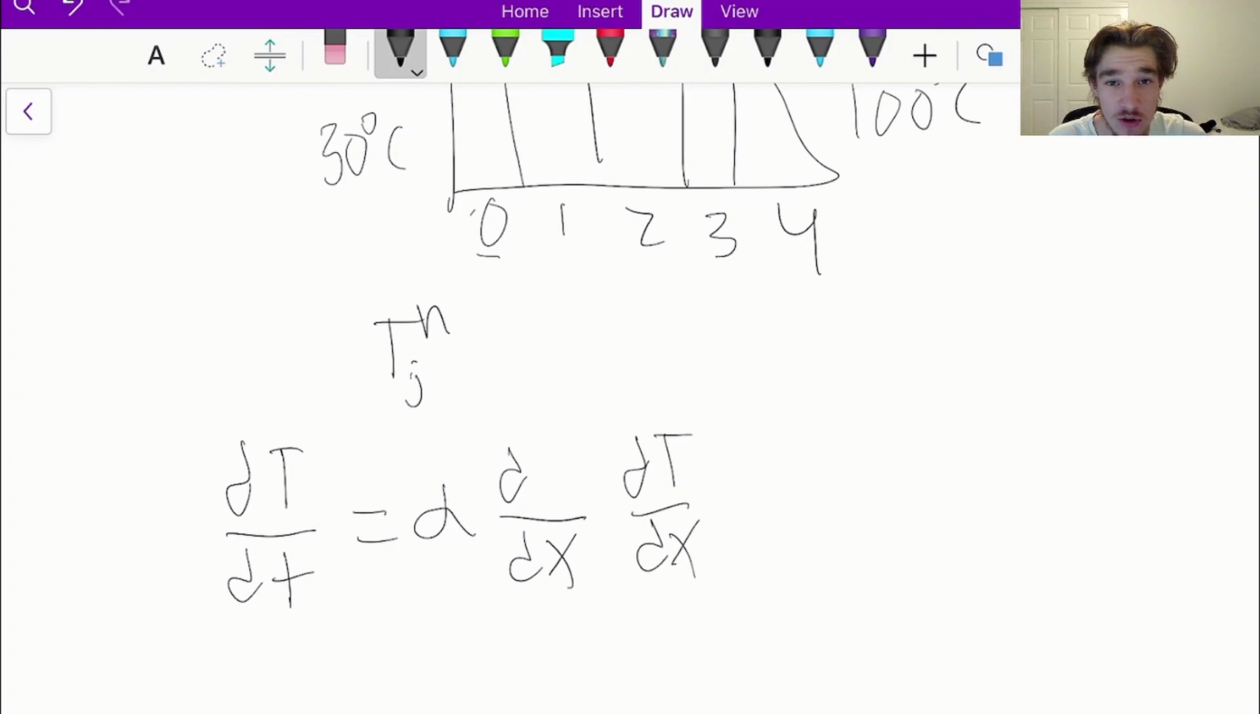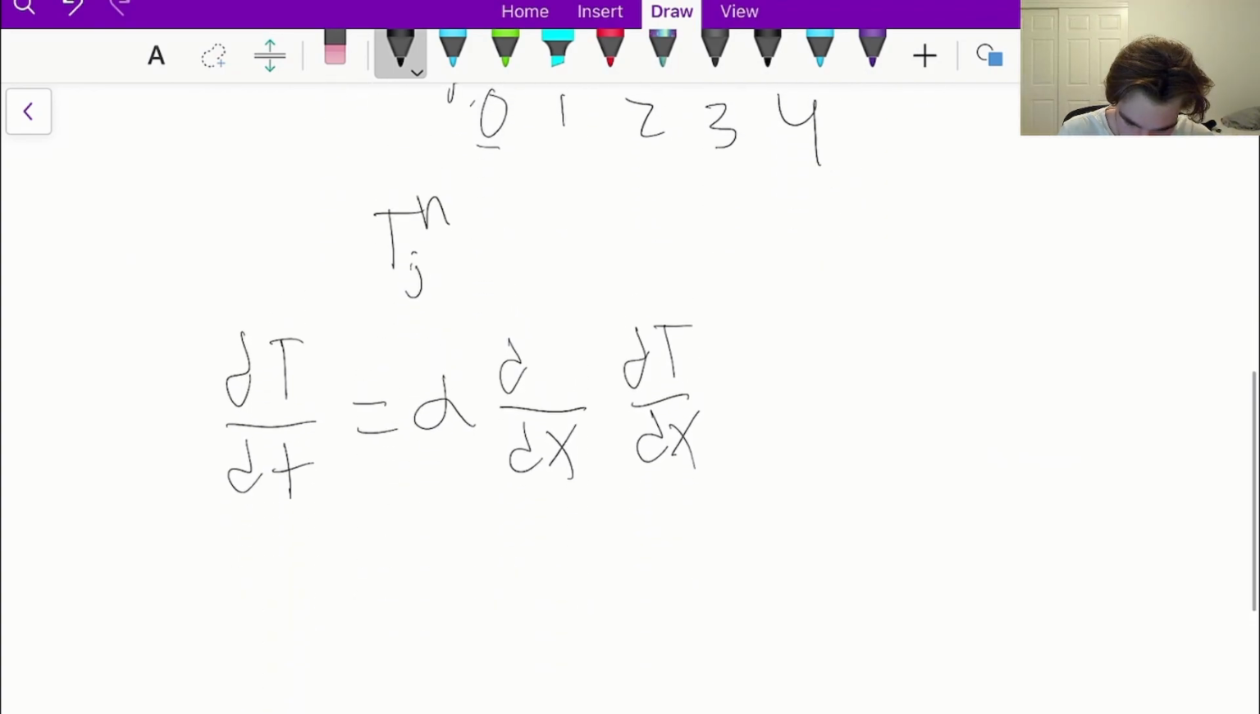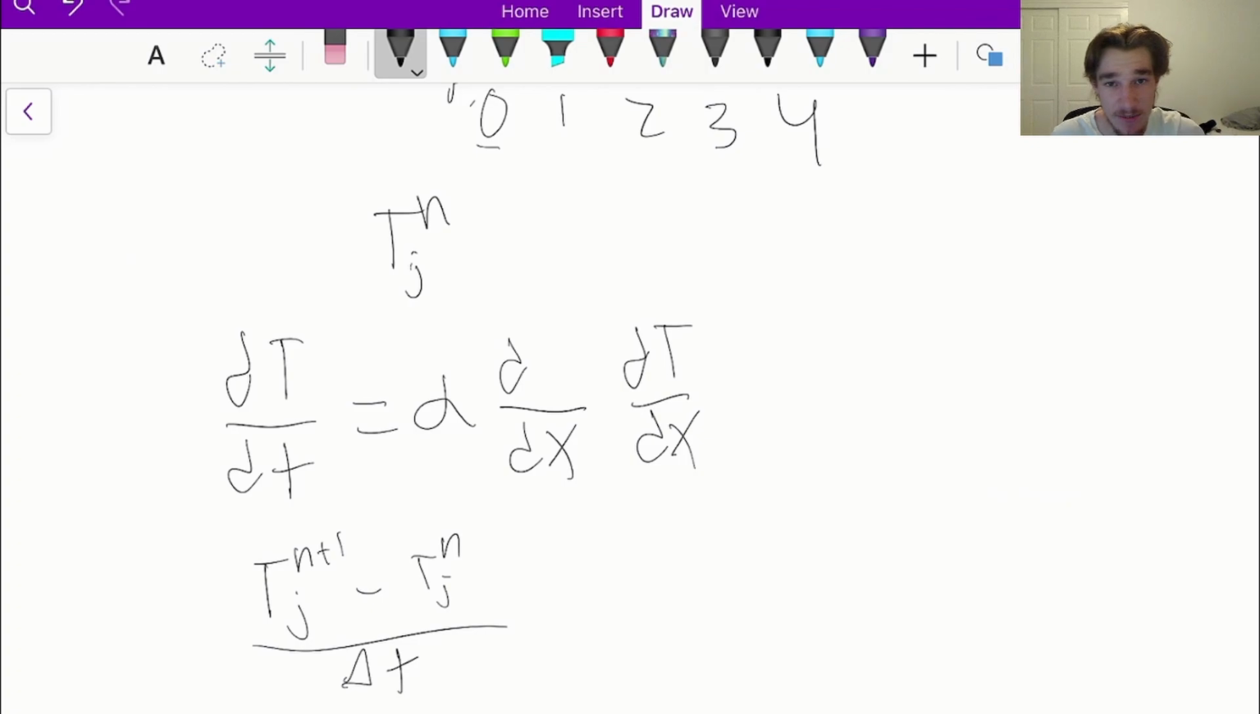Alrighty, so now we are going to put some variables in here using our T at position j, time n. On the left side, what we have is the change in time, so we're going to be changing the time variable. So T at n plus 1 at point j, minus T at n at point j, over delta t, the change in time, is equal to the